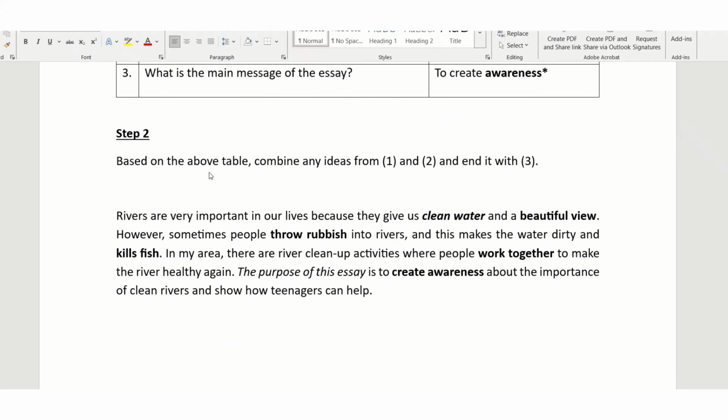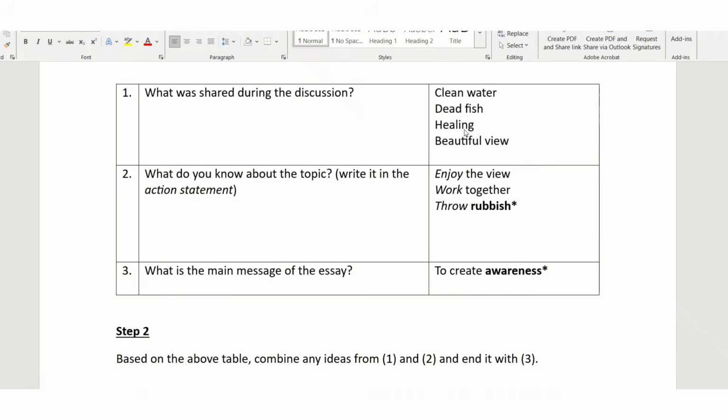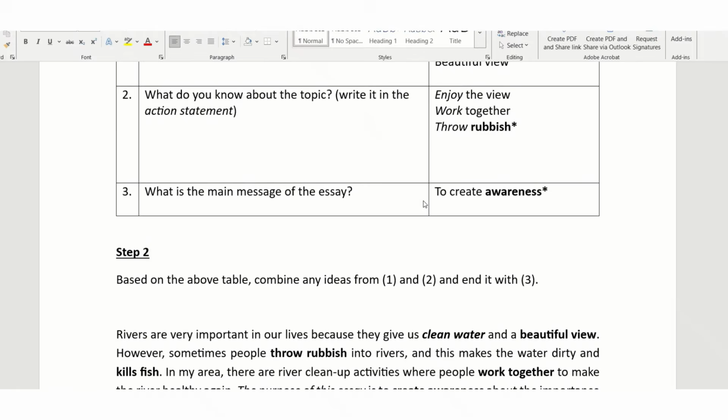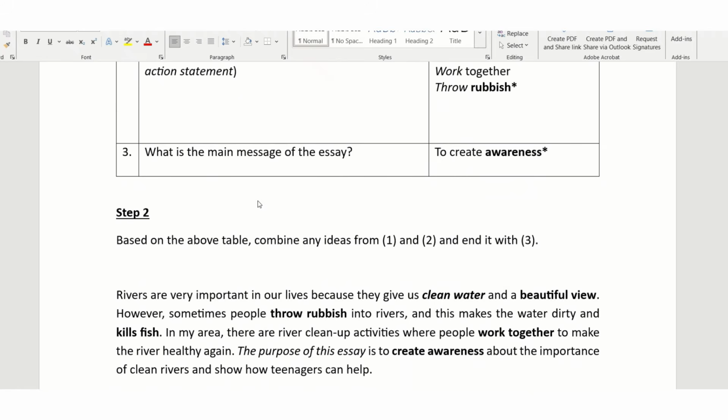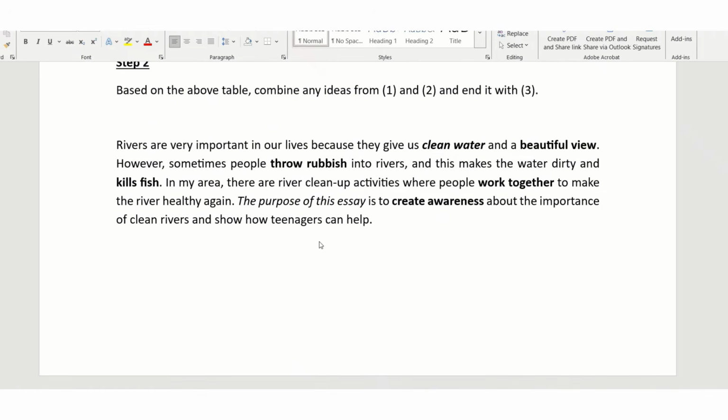So in step two, of course, based on the ideas in number one and number two, they can select and combine these and write their sentences, and also include part three to end the introduction paragraph, and it will look something like this. And so the words or phrases that I bold here,